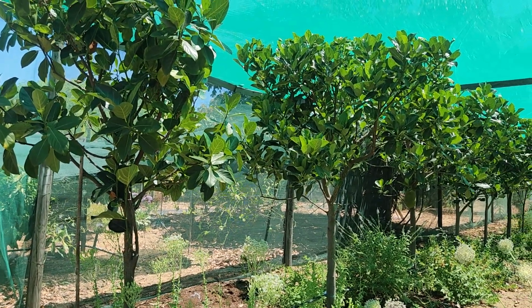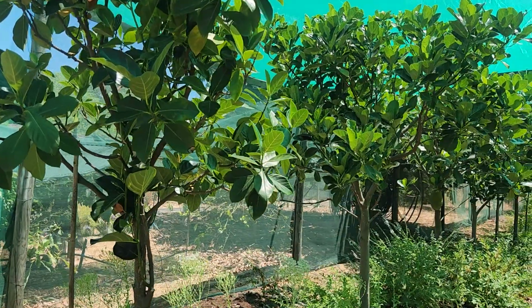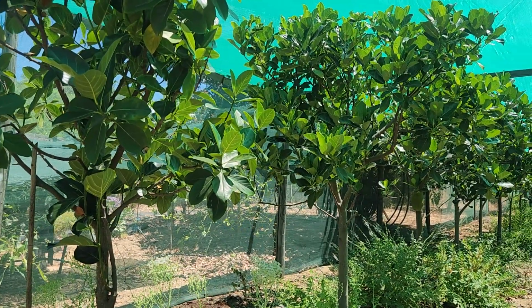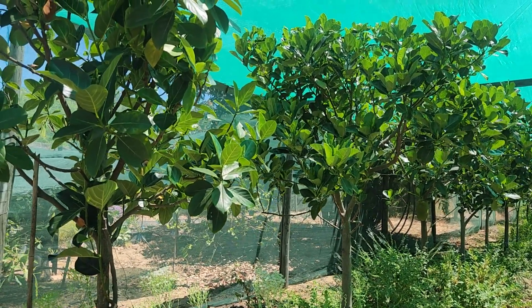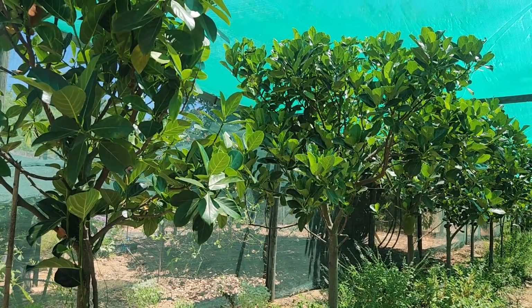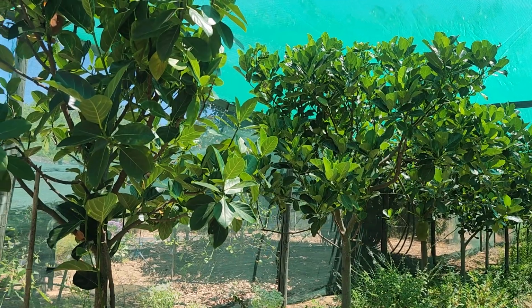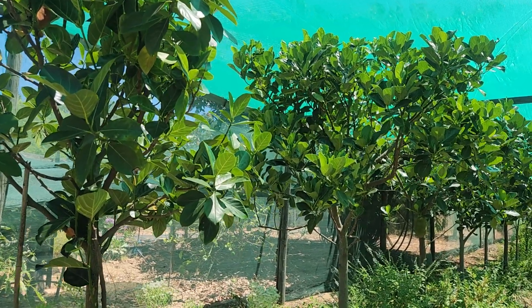I just want to update you on the jackfruit. As you can see, the hot weather has done wonders to the jackfruit and a lot of those fruit trees that really like the really warmer climate. These jackfruit, I believe, it's